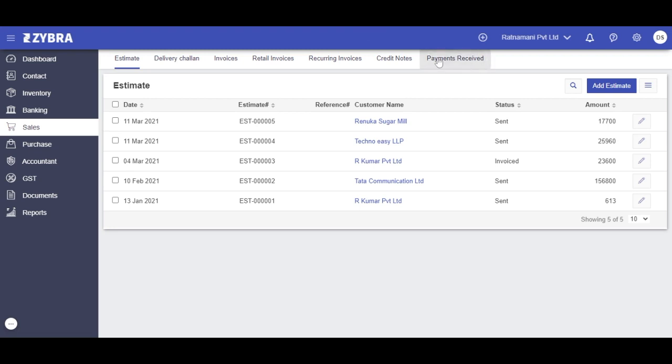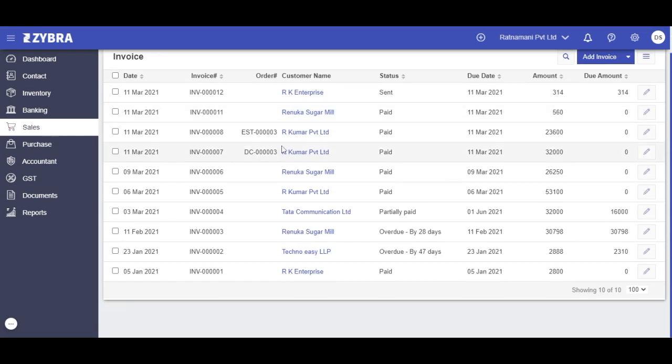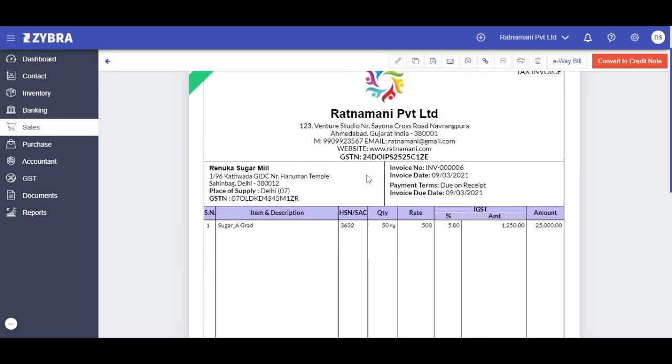And after payment received, it's a credit note. Credit note means sales return. We already sold and your customer sent it back to you, then you have to make a credit note for that particular item. If you want to add any credit note, first you have to go to invoice, and you can see all your invoices here. For which invoice you want to convert it into a credit note, click on that invoice, and in one click your invoice will generate like this.